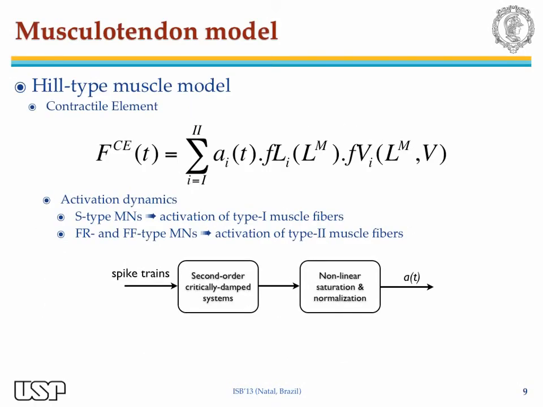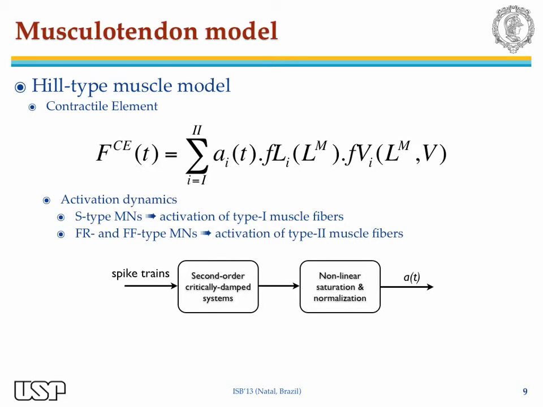The contractile element was divided into 2 elements, one representing the slow contracting type 1 muscle fibers and the other the fast contracting type 2 muscle fibers. The force of each element is given by the product of an activation signal and the force-length and force-velocity relations. The activation of type 1 fibers was computed from the spike trains of S-type motor neurons, while the activation of type 2 muscle fibers was computed from the spike trains of FR and FF type motor